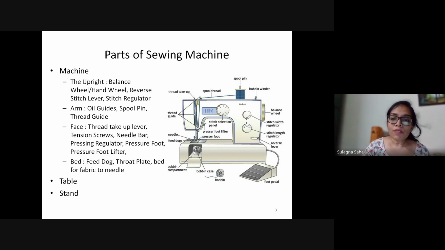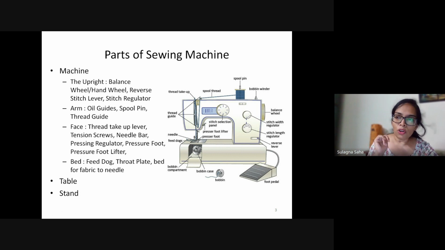Okay. Next, you can see this reverse lever here. So what does this do? It can be on this side or this side, in either of the sides we have this reverse lever. If you press it down, the needle moves so that the feed dog would move backwards. I'll come to what the feed dog is. This is where the feed dog is. So essentially a reverse stitching happens.